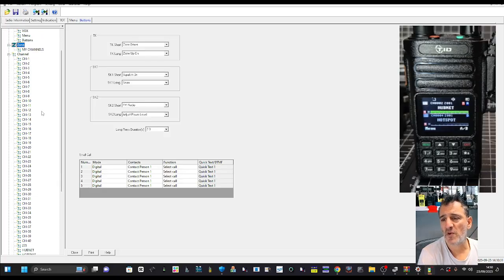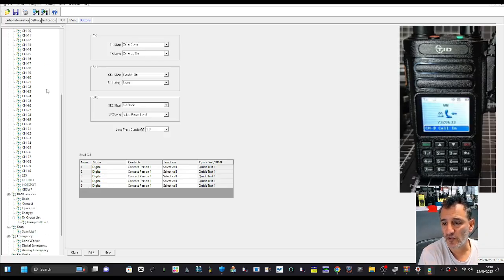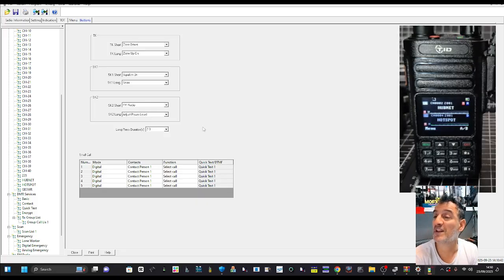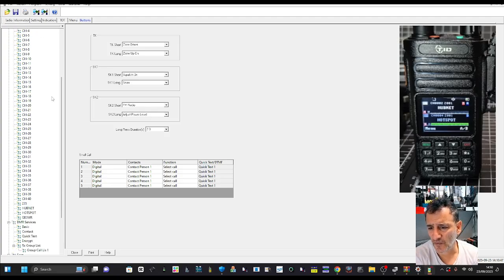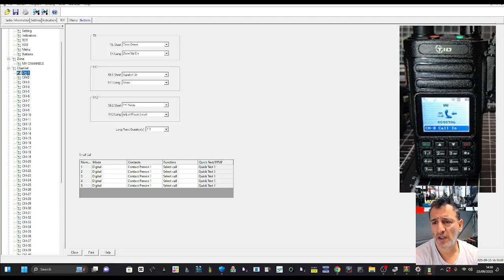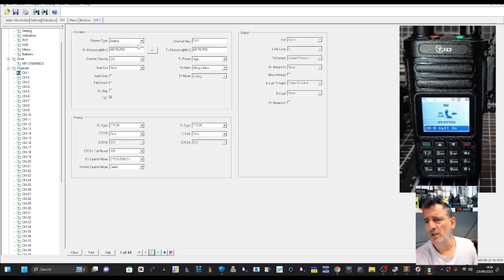Now, the most important thing when you get a radio is to start programming the channels first. And you do have to eventually put those channels into a zone, otherwise you won't find them. And they've got to be in a group list, and you've got to enable the contacts. So this is what I mean by complicated. So if we go to channel 1 here, let's just add my hotspot. So we're in channel 1,